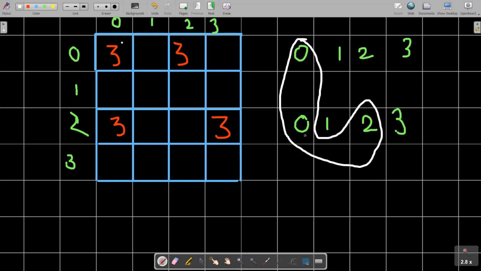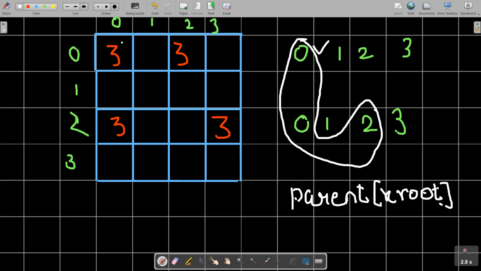After joining these all elements, I will assign the new parent to this one. You can see that the previous parent is this one, then I will assign the new parent, which would be this one. The basic mathematical relation is parent of x root, where x root is this element, must be equal to y root. So this will be our new parent.